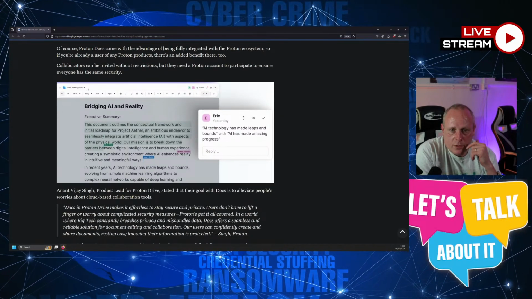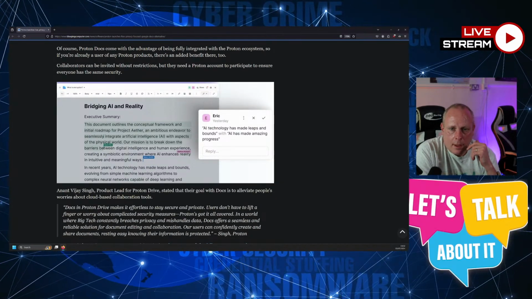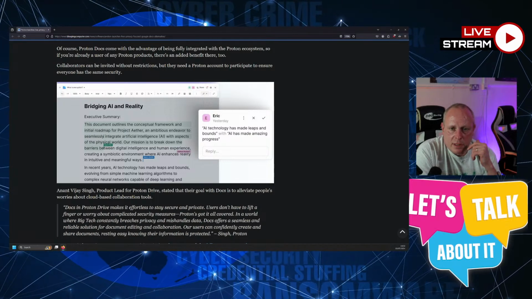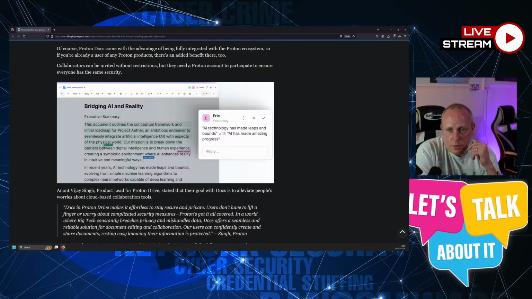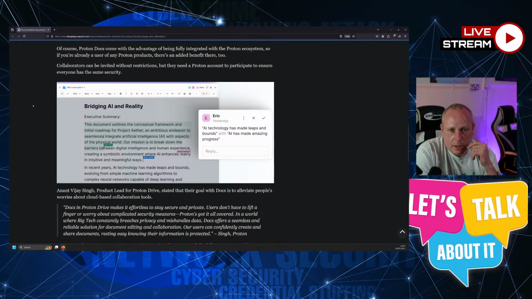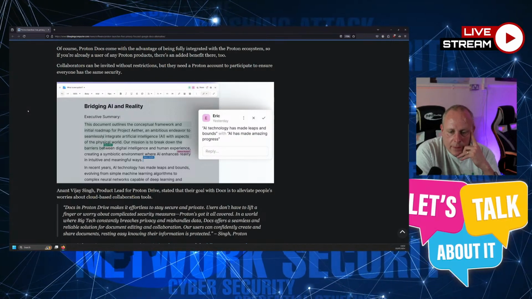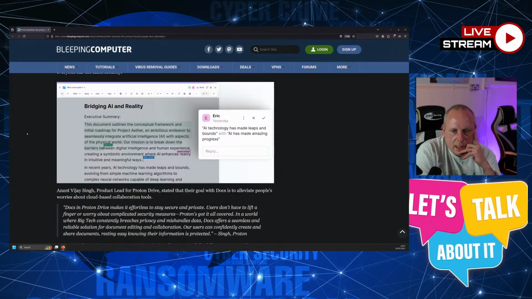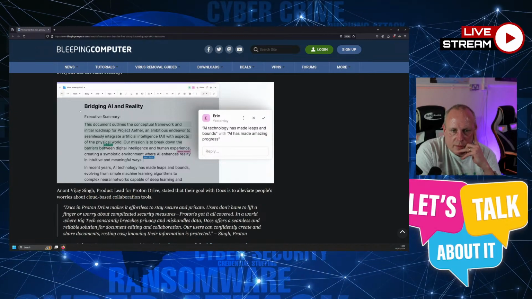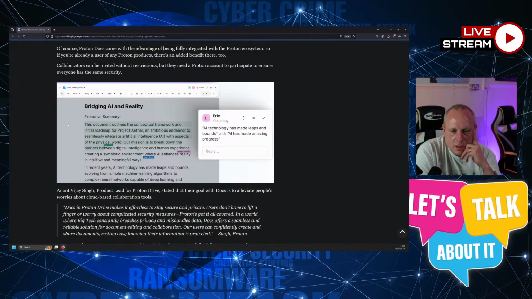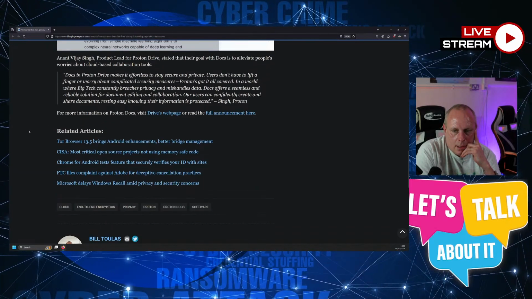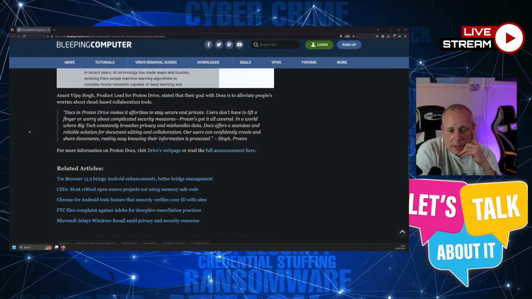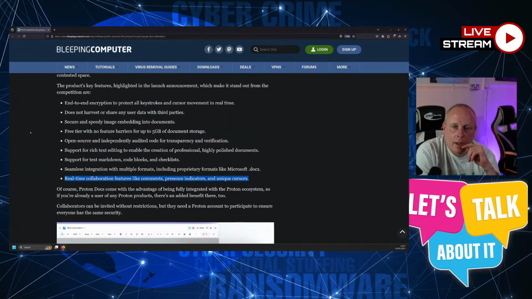This is a screenshot we can see of it here. Collaborators can be invited without restrictions, but they do need a Proton account to participate to ensure everyone has the same security. Obviously, it's end-to-end encrypted, so they will need a Proton account. We can see an example of the Google Docs alternative here. So that could be interesting for you.